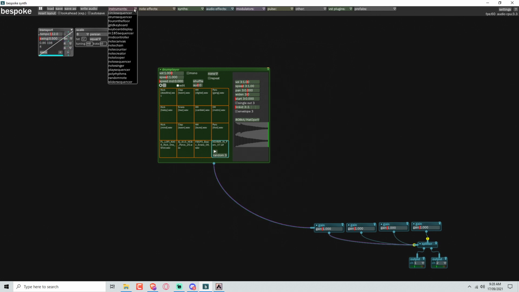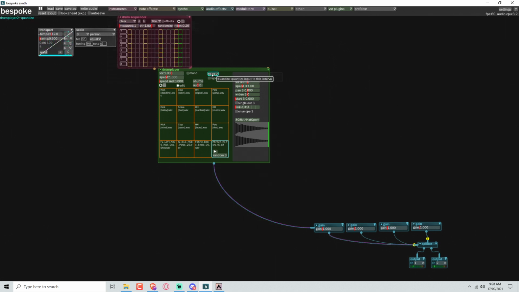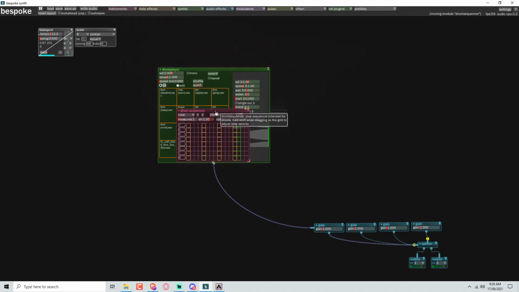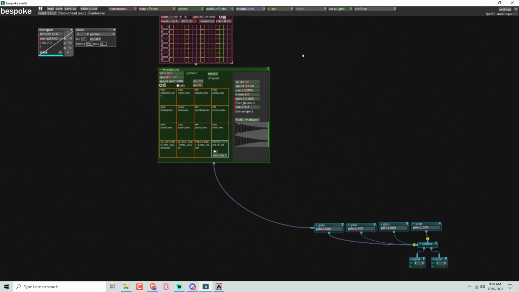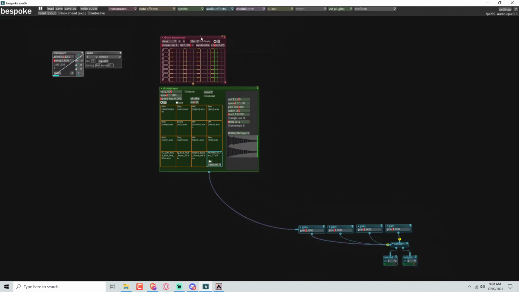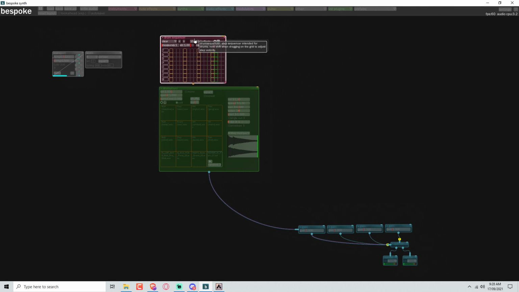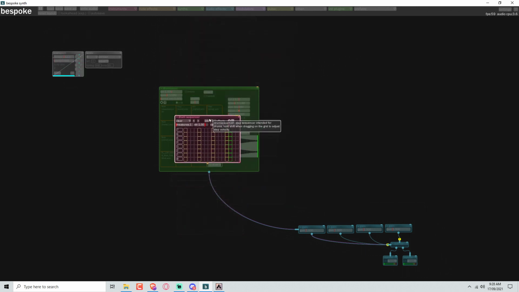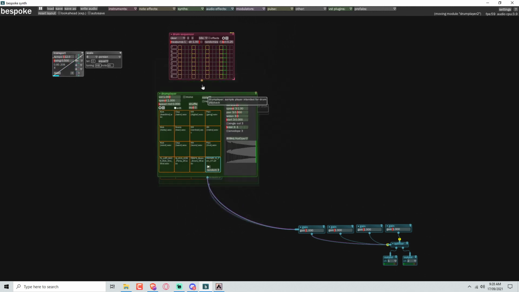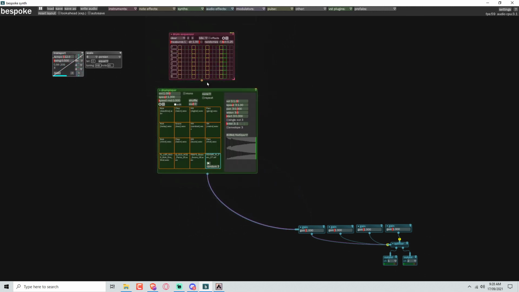Let's get a drum sequencer in here. Let's try that trick again, holding on Shift. Why isn't that working? Maybe I need to hold down Shift before I drag it. Or does this work? I'm not sure what I'm doing there, but let's connect it this way. Again, let me know in the comments if you see something I'm doing wrong. I'm quite enjoying this kind of user feedback